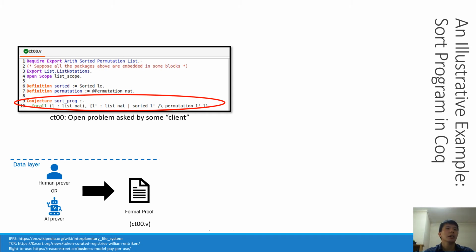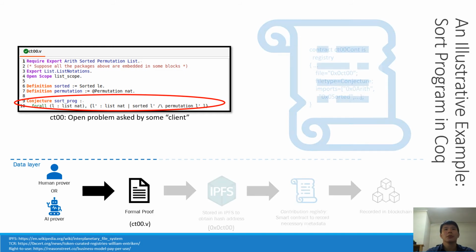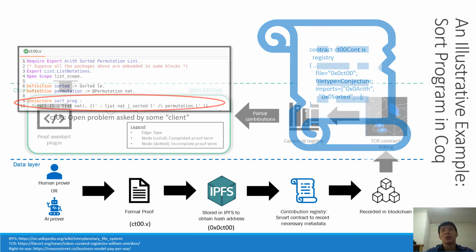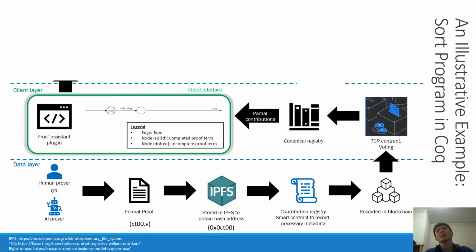So as the client or human prover produces this formal proof, it will be stored in IPFS and obtain the hash address. As mentioned previously, together with the hash address, the necessary metadata such as the file type, so in this case it's a conjecture, the imports and all other necessary metadata will be recorded in the contribution registry, as shown here as an example, and recorded in the blockchain. After that, you go through the TCR contract, where all the users vote on whether it is to be included in the canonical registry. As this is a partial contribution, or to be more exact, an initial contribution,